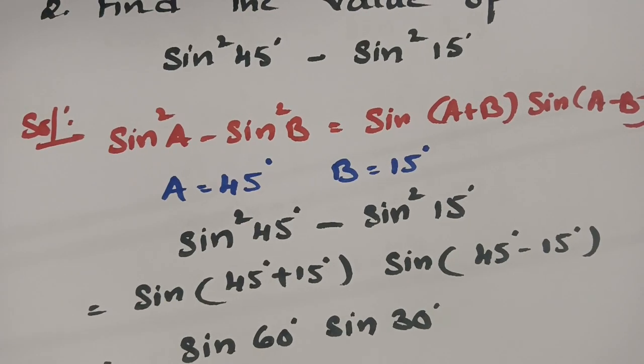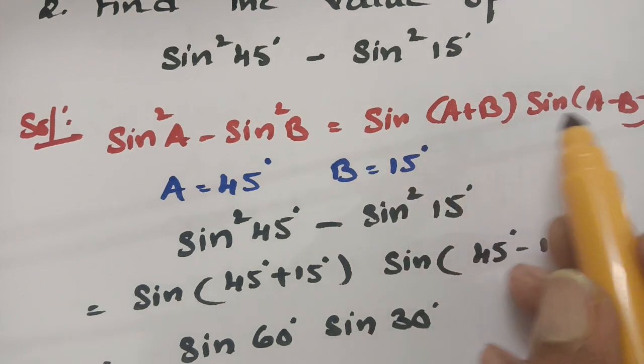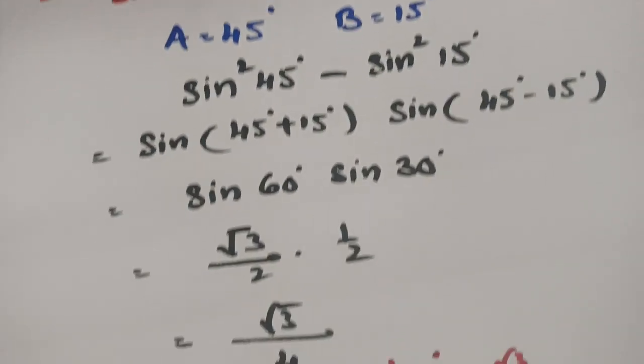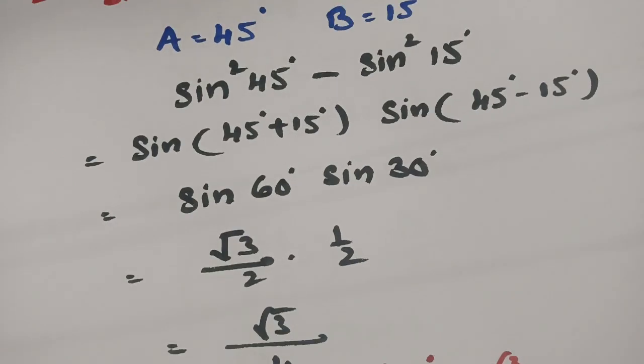See here, from the question, this is sine square a minus sine square b. The value is nothing but sine of a plus b into sine of a minus b. And clearly we got the value as root 3 by 4. And the next thing here is